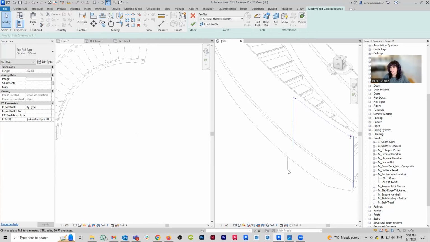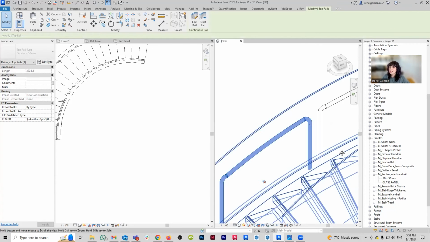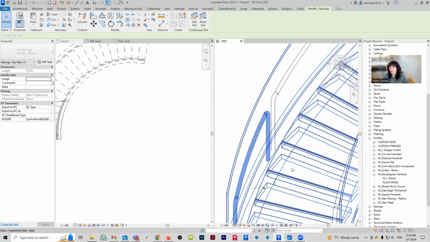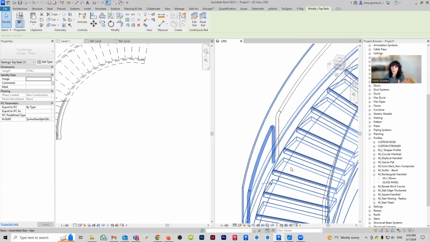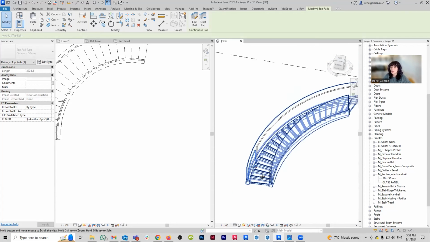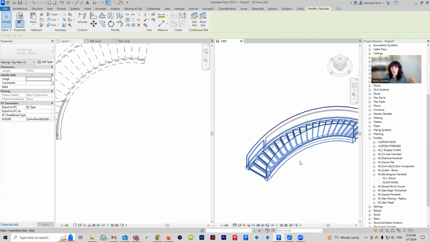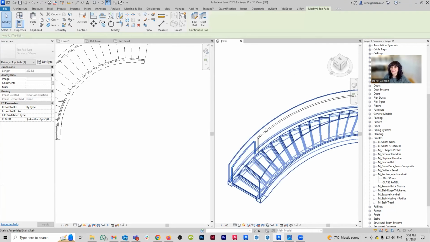Is this tedious? Yes. Will you go insane? I already have. But you know what? These are the things we do for love. So what I'm going to do now, I am going to stop talking. I'm going to speed up over the process, and I'm going to do this insanity through the rest of the staircase. So wish me luck, and I will see you when I'm done. Cheers.